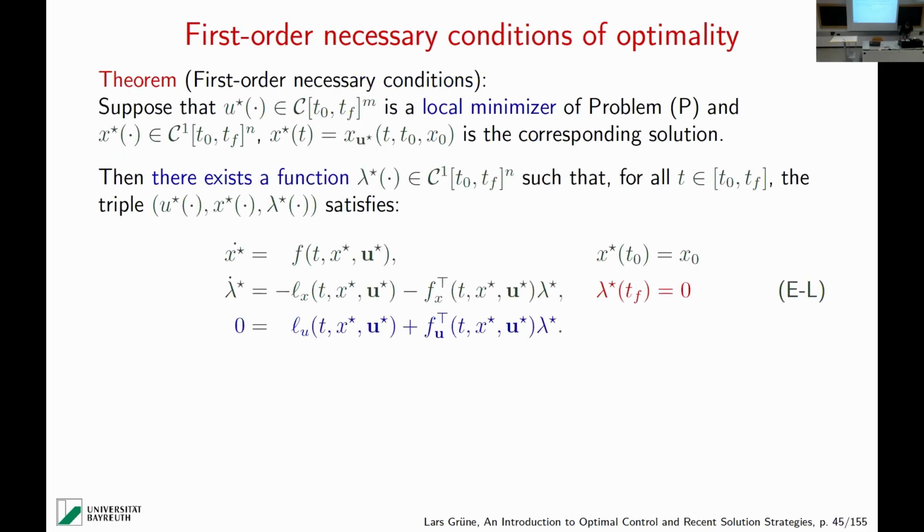The conditions then are known as first order necessary conditions. So if we have an optimal control U star, then there exists a function lambda star, this so-called adjoint or dual variable or co-state, which satisfies another differential equation. This is the co-state differential equation, and then there is a condition which effectively defines U star, and this has to hold for all t, right? So it's really a condition for all t.